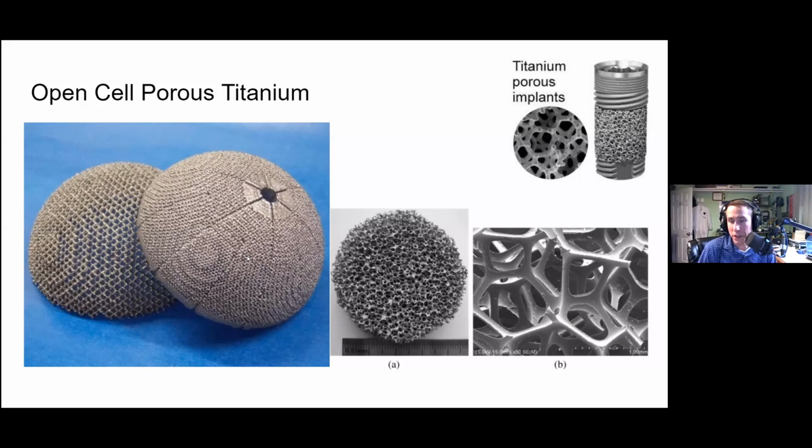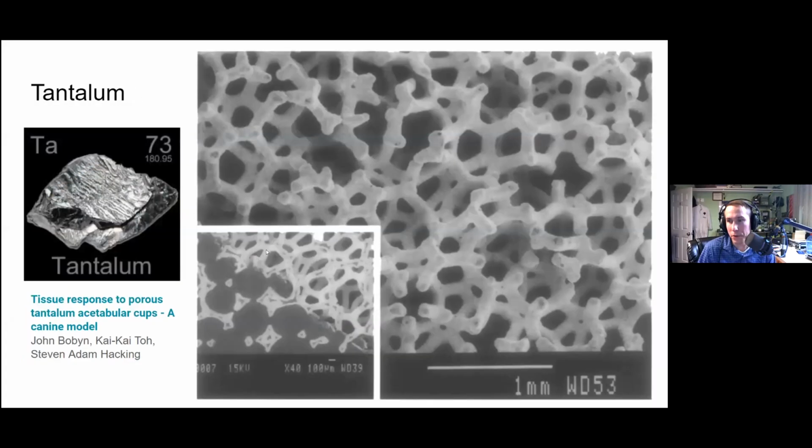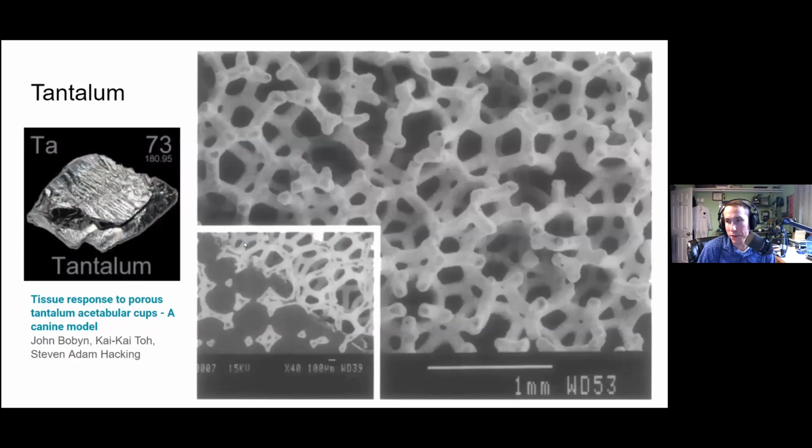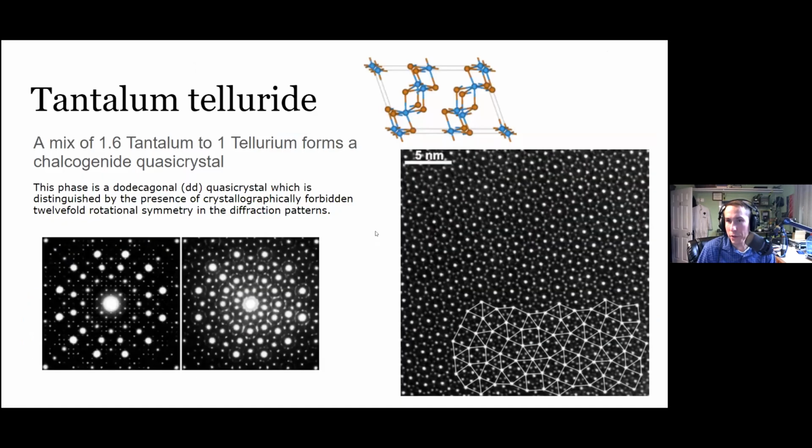But certainly these aerosponges are an area of interest to people who've studied the Biefeld-Brown effect, or anything in aerodynamics in general, because they can be built to be custom aerodynamic. Tantalum has this interesting structure as well, and it has a really good response to the human body for implants and such.